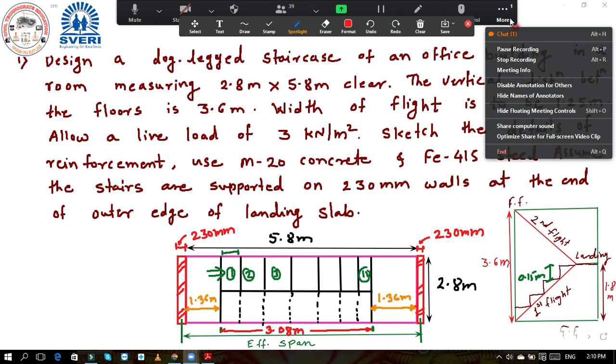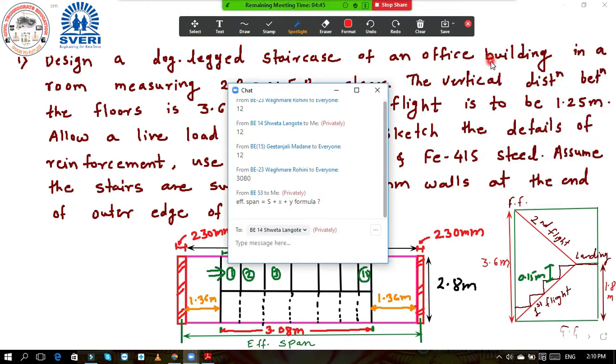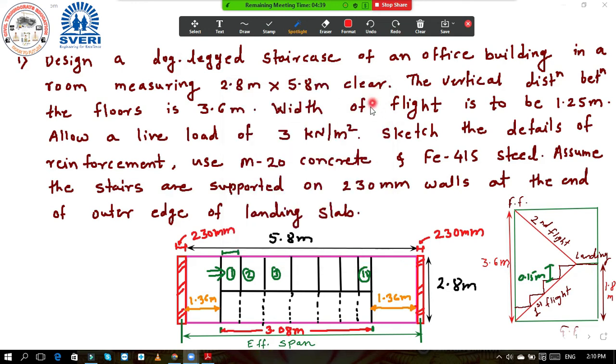Many times you have calculated the effective length. That formula, Sx plus y, we are going to use when the slab is supported in this way. See, I will draw the diagram. Instead of this, now if this landing slab is supported from this side, and here also the same thing is there, from this side it is supported. I will take a different color.